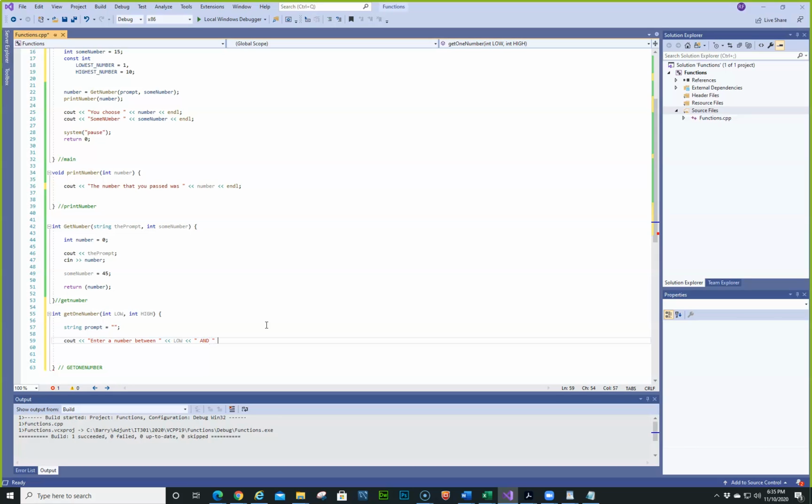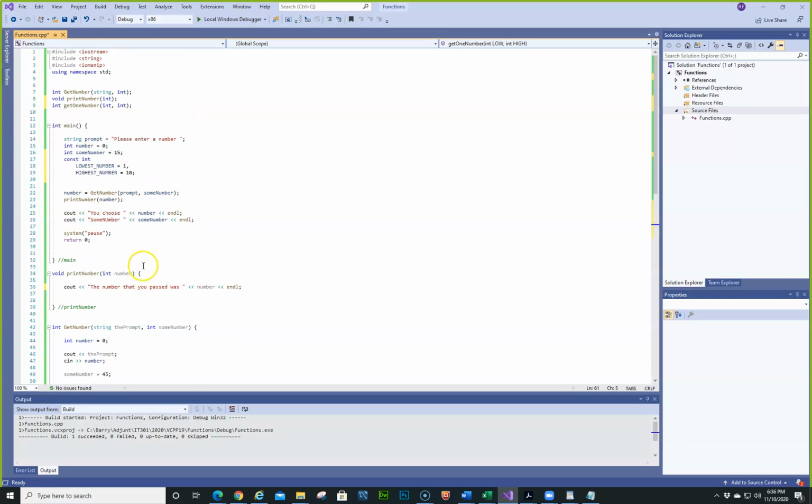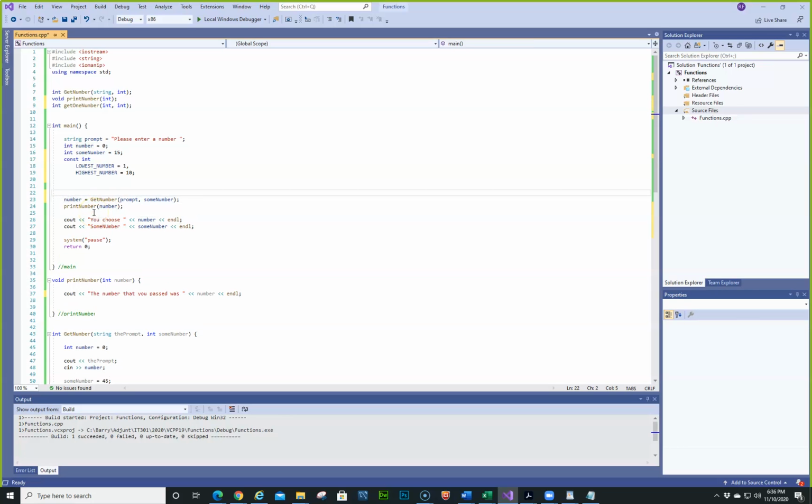I'm going to leave those capitals in there. And let's do just the prompt right now. Again, we're going to do one thing at a time. So now what we need to do is go up top here and do